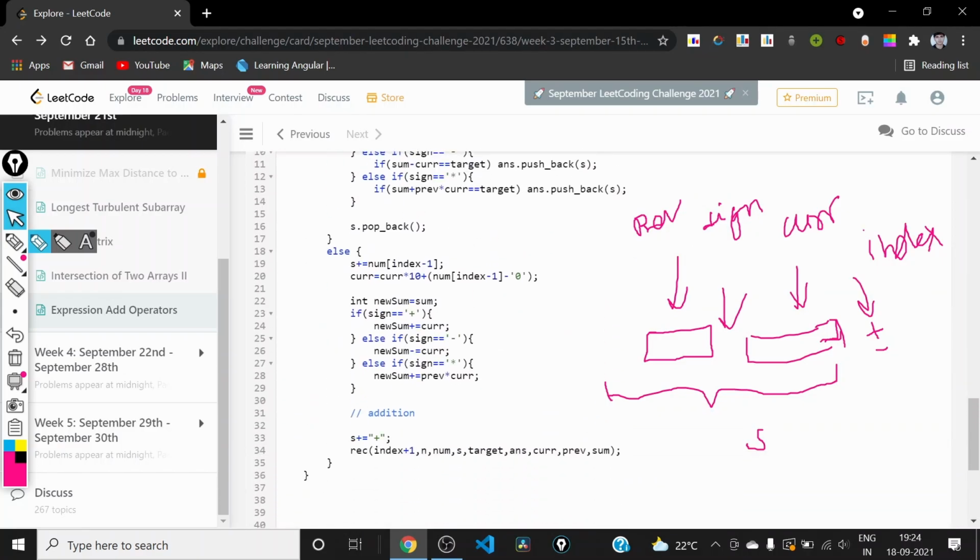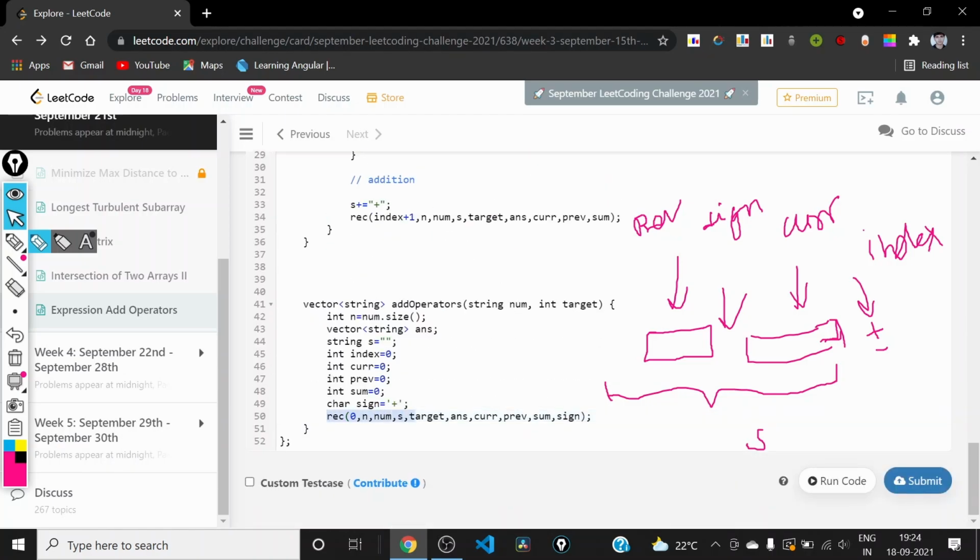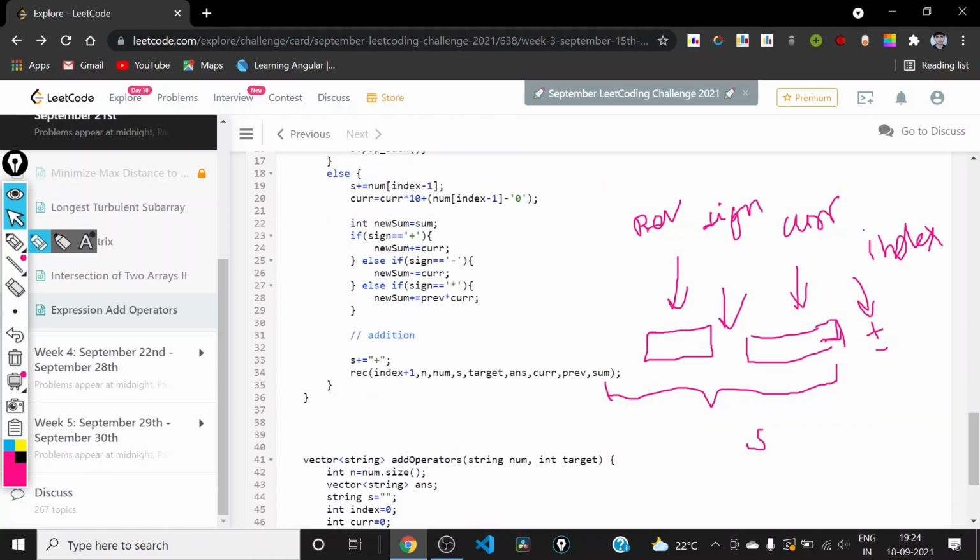Now we need to copy this function call. So it will be index plus 1 because we are now processing the next index, and num and s all will remain the same. We just need to make sure about these things.